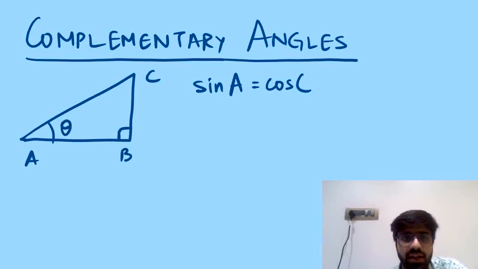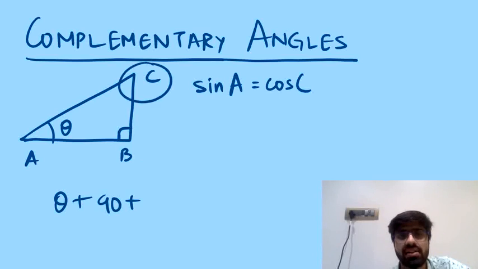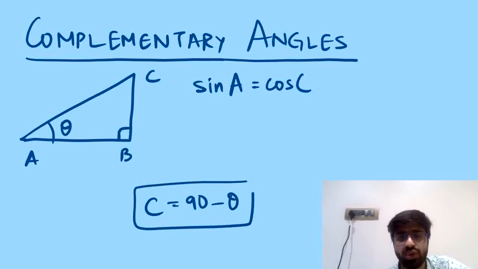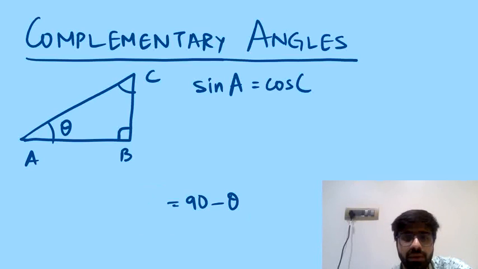Now because it's a right angle triangle, this will be 90 degree, and that is why we can say that angle B plus angle A plus angle C has to be 180. So we have angle A, which is theta, plus angle B, which is 90, plus the angle C, that will be 180. You can take that 90 on the right and say that C will be 180 minus 90 minus theta. I know that most of you will be knowing that the other angle was by default 90 minus theta, but just in case there's anyone who did not know the reason behind it, I have explained it here. So this last angle is 90 minus theta.